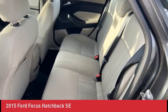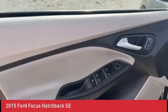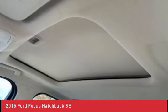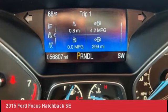Standard features, including the communication system that helps keep you connected and the rear view camera that helps you see what's behind your vehicle, were designed to not only complement your drive but make it more convenient. SYNC, voice-activated technology that helps you keep your eyes on the road and hands on the wheel, now comes standard on